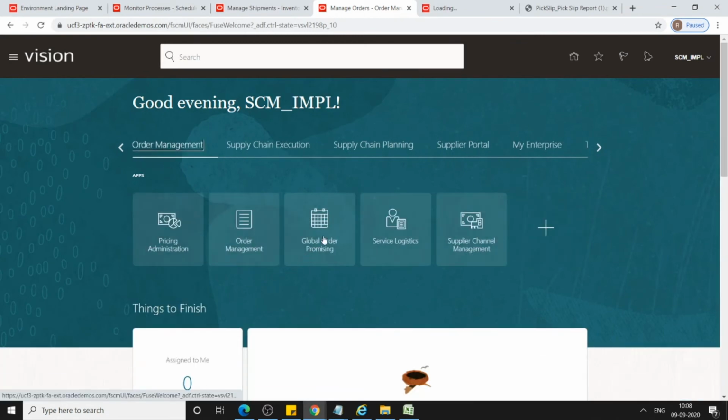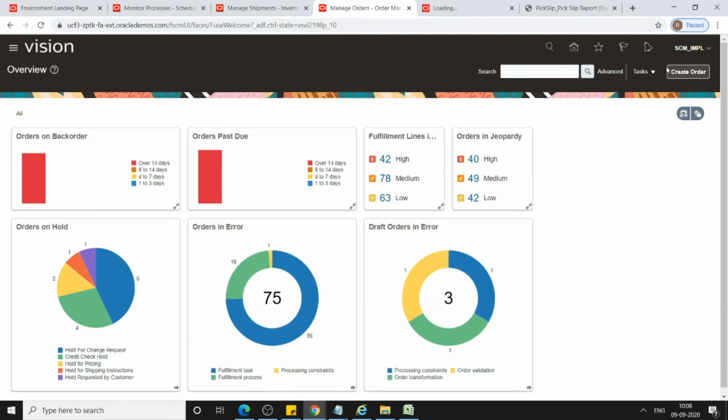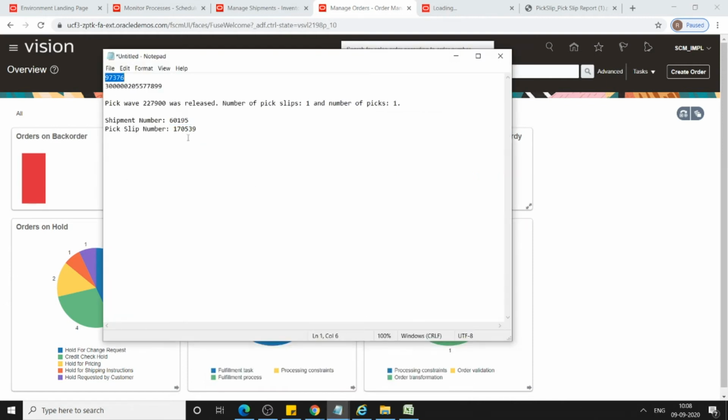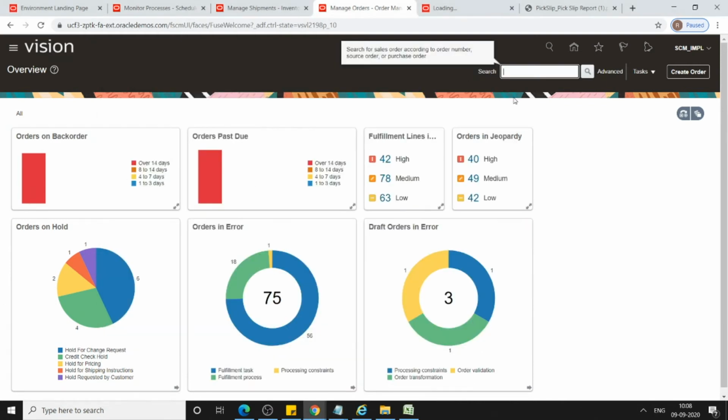Again from order management, click on order management. I want to show you something: last time we clicked on create order and then it opened that screen. But now for searching, you can search the sales order in two ways. Okay, so 97376 is our sales order number.